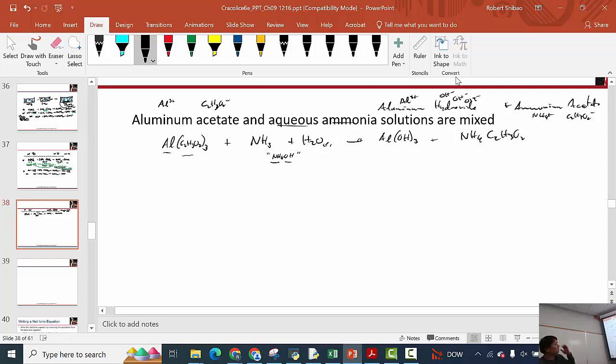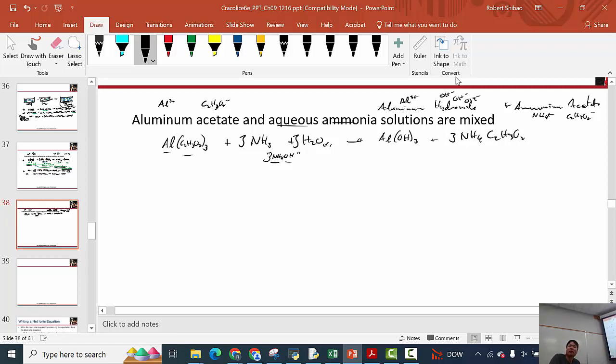Balance out the equation: it's a 3 in front of ammonia on the first one, so a 3 in front of H2O and a 3 in front of ammonium hydroxide. And on the right, a 3 in front of ammonium acetate. Okay, good. So that's all balanced. That's good. And then for the IE,